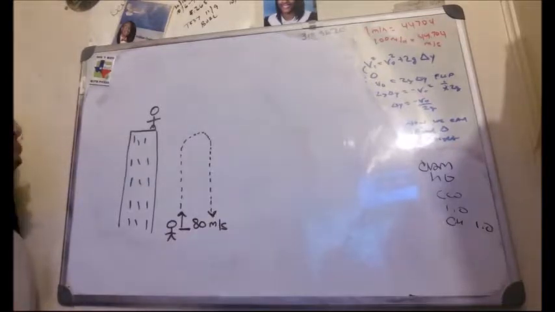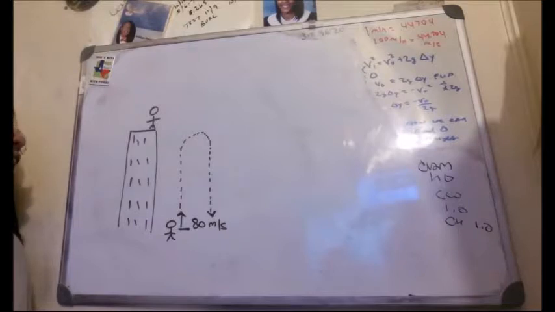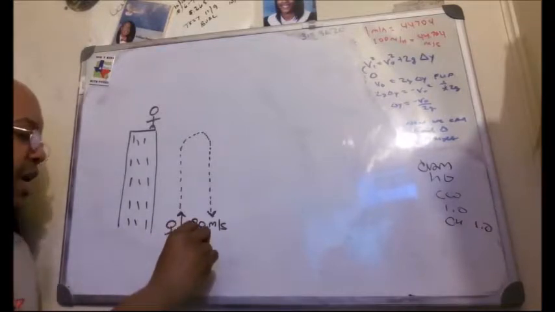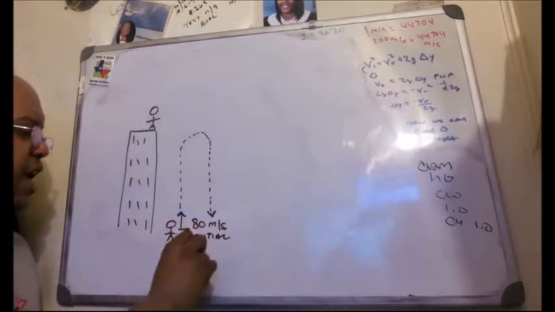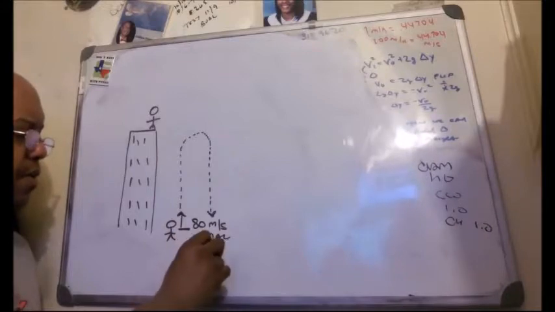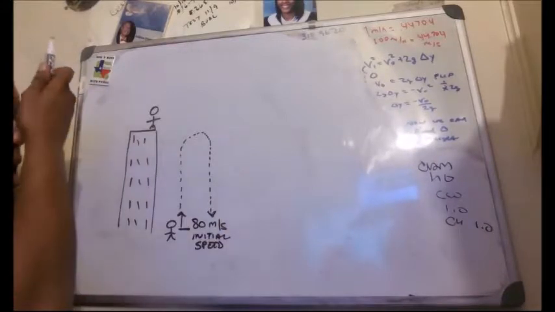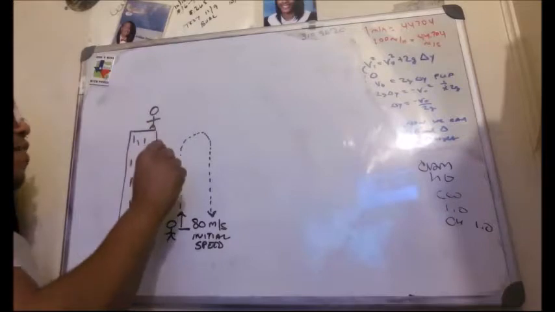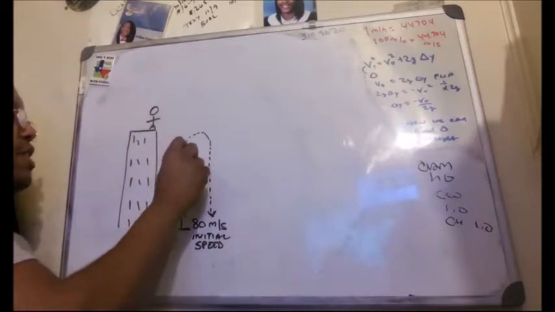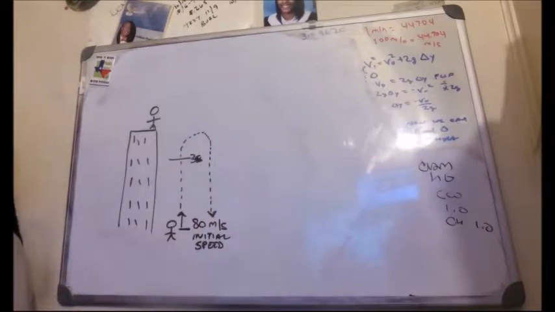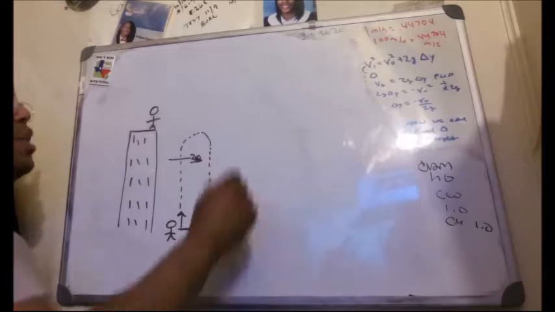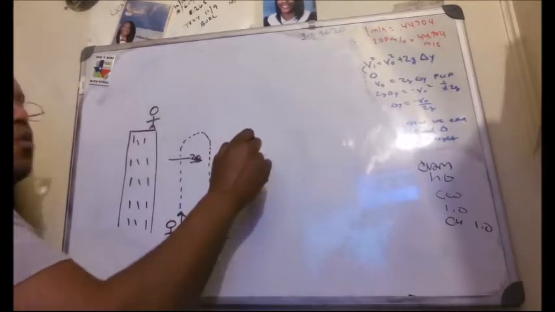Correct. Now, what we could do is use a formula to determine, after releasing it at an initial speed of 80 meters per second, where this thing is going to be in 3 seconds. I'll just put 3s for 3 seconds. I can do that using the displacement formula, which is displacement is equal to